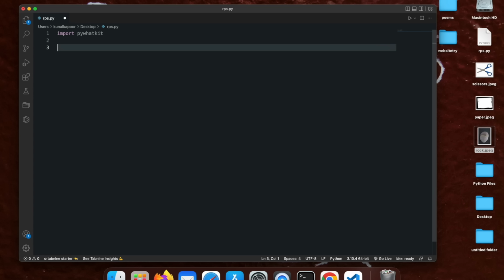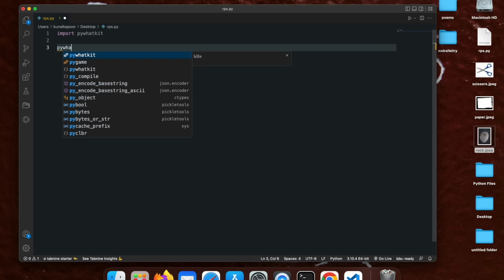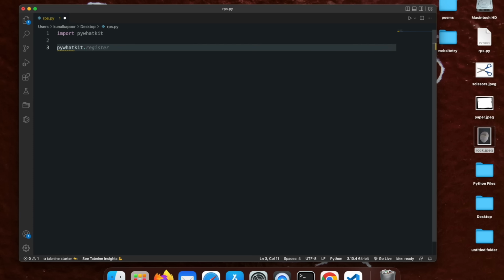Now once you have imported pywhatkit, you need to first of all type pywhatkit.image_to_ascii_art,